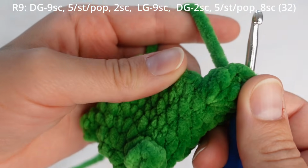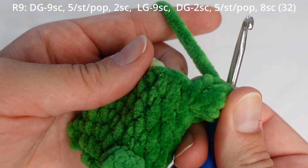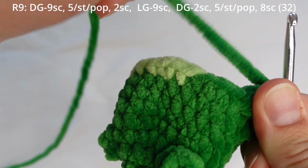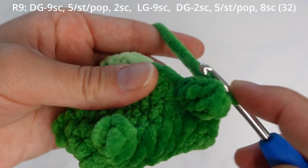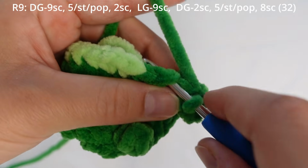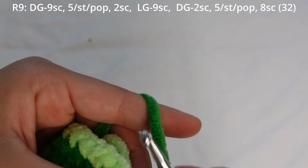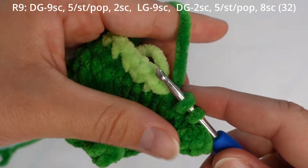So now I have to insert into the next stitch here, but since this popcorn stitch is so bulky, it can be a little tricky to see our next stitch. So I'm just going to push this popcorn stitch to the side here so I can see my next stitch a little bit more clearly. Now we're going to insert into the next stitch, which is this stitch right here. Single crochet. So 1 single crochet, insert into the next stitch, 2 single crochet,